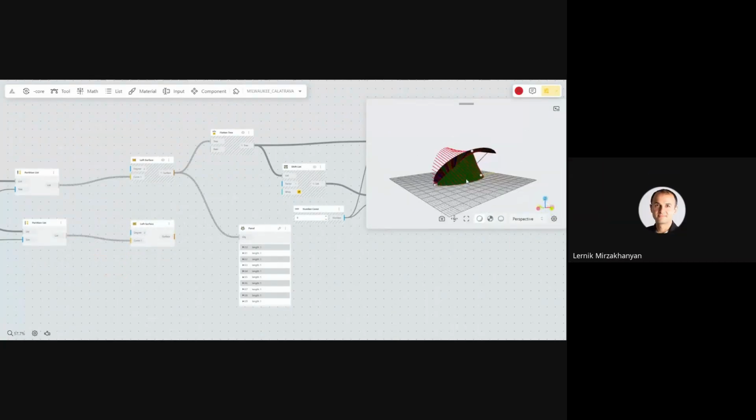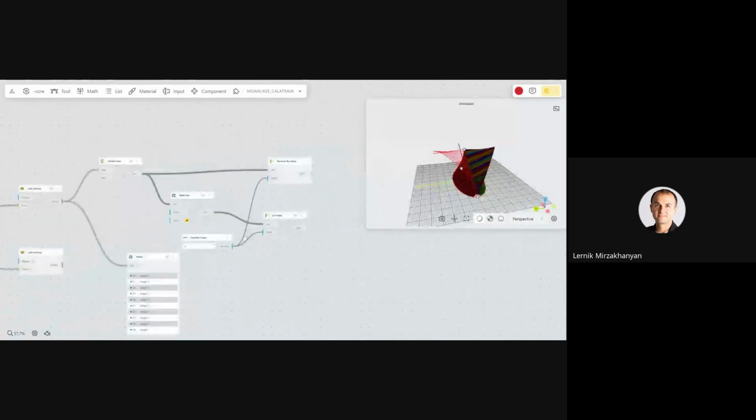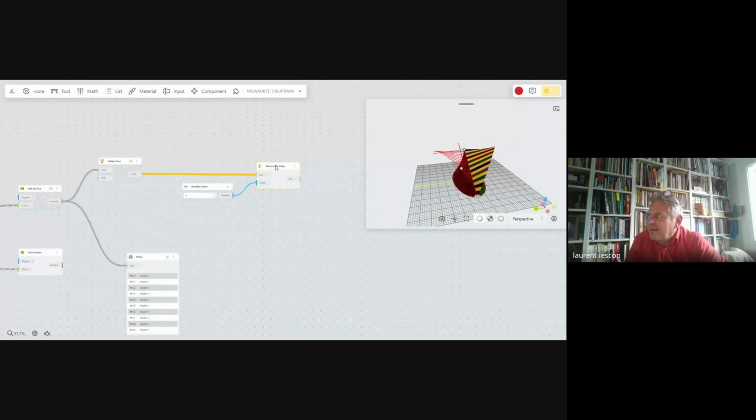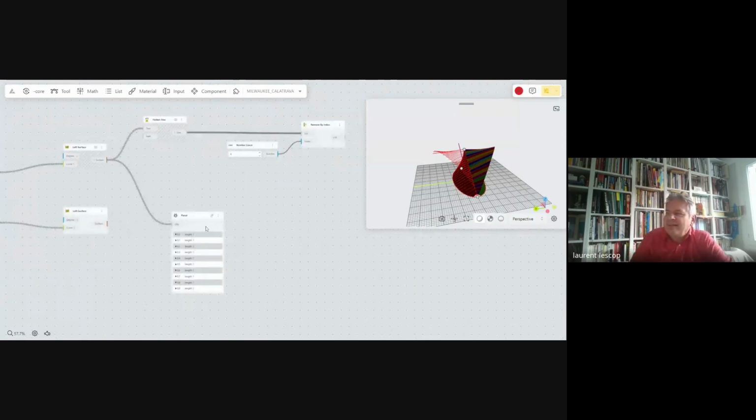Maybe you can remove shift list. That's too. Yes. Okay, so this is it. Wonderful.